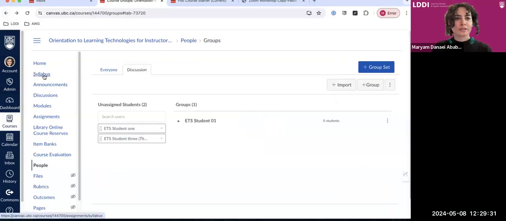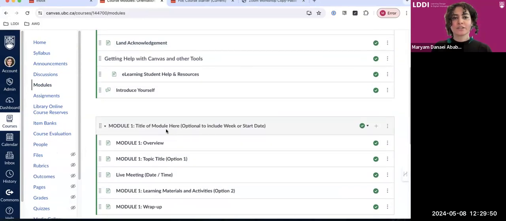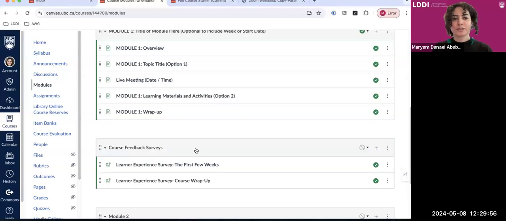Yeah, so we talked about syllabus, announcements, discussions, and now let's talk about modules. Modules is the space in Canvas where instructors organize the course content. Normally, first they have some resources about technology, the use of Canvas at the beginning. And then, for example, module 1 is about week 1 resources, module 2, week 2 resources